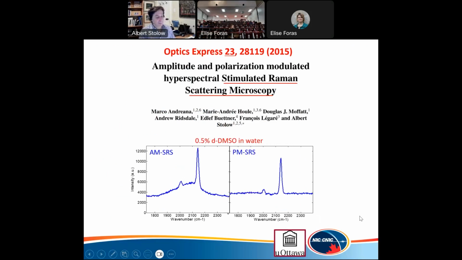If I do the polarization modulation, this is removed. So you can see that now, even though it's at low concentration, I really have pretty close to a flat line. So I have this cross-phase modulation background, which is present in this SRS image, but with polarization modulation, I can remove it. So this looks quite promising,